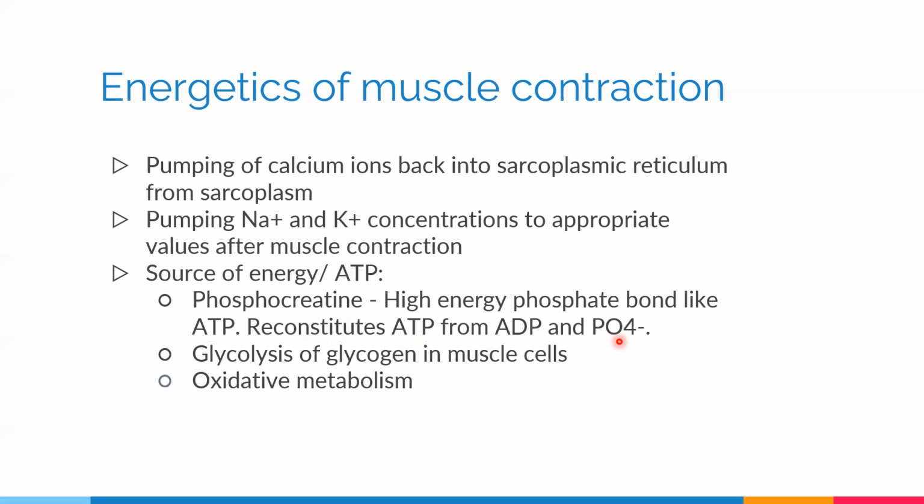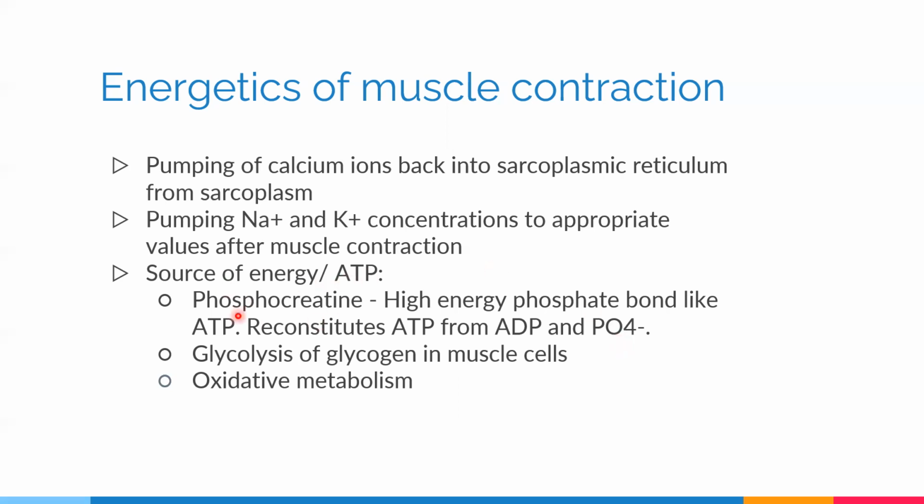So small quantities of phosphocreatinine are present in muscles, which, once required, can release the phosphate present in them in order to produce ATP from ADP and inorganic